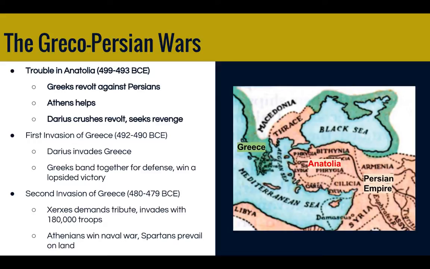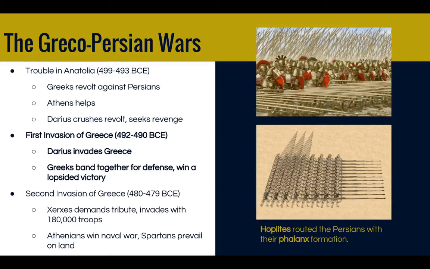Darius I and the Persians crush this revolt. But they aren't just happy defeating these Greek-speaking peoples in Athens. They want some revenge. And so Darius is going to start his invasion of Greece. The first invasion of Greece happens around the year 492 BCE. Darius prepares his troops and he sends them in. He invades, and the Greek city-states, including Athens and Sparta, who led this fight against the Persians, will band together